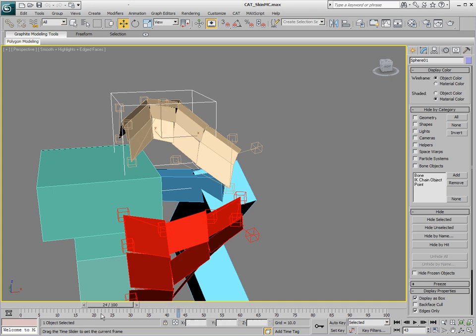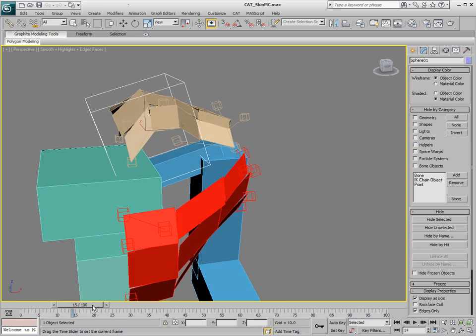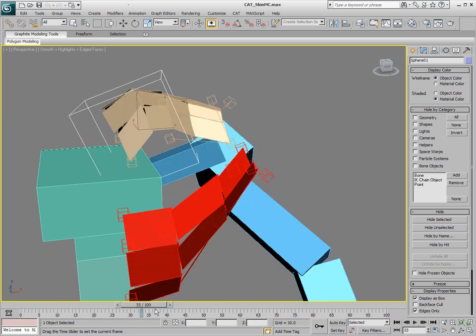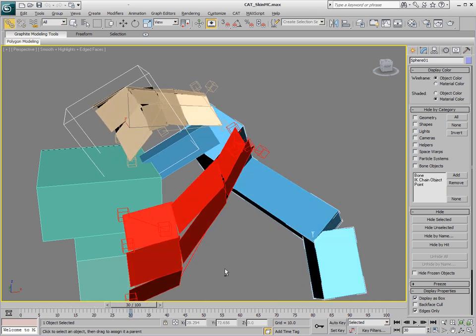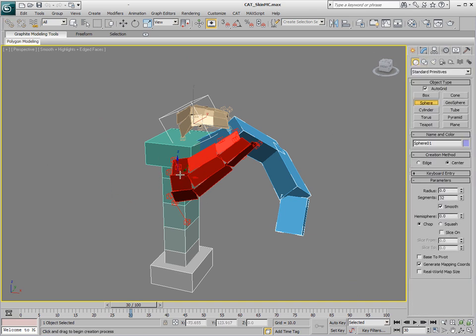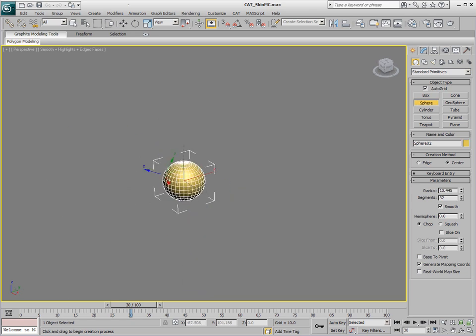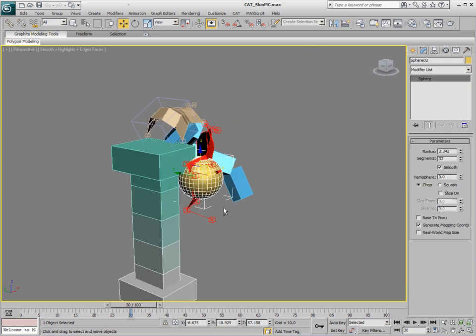And we can also take this piece and link it to any part that we want in the rig. So if we take this and link it to the clavicle, then that ball is going to follow along with the clavicle and give us some fairly interesting deformation. So we could do this as well with the chest, because maybe when it stretches out to the side here we'd like it to have a little bit more volume in the center. So we'll grab another sphere, and as I said, I'm using spheres here, but you can use any geometry that you want. Just kind of put it into place,